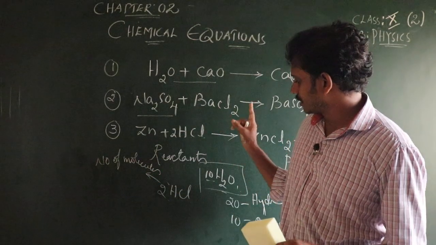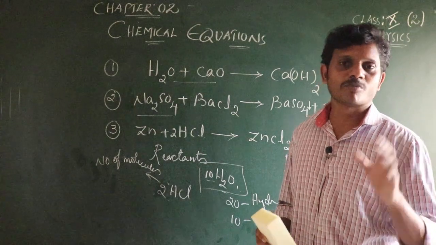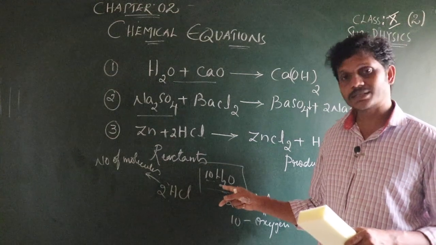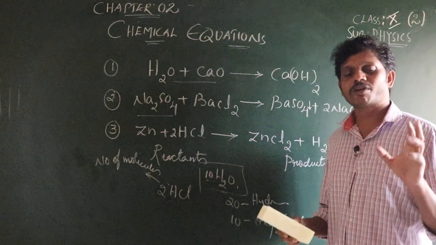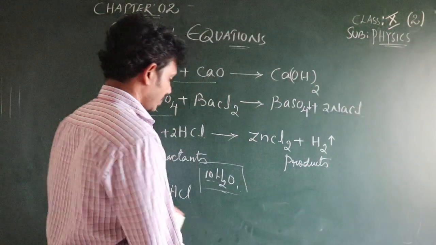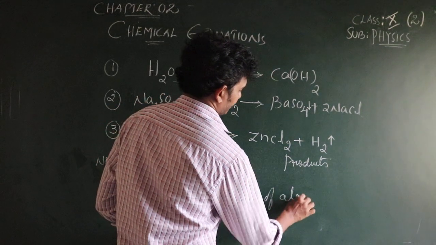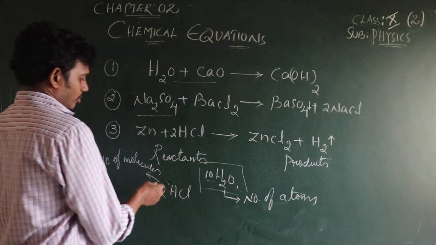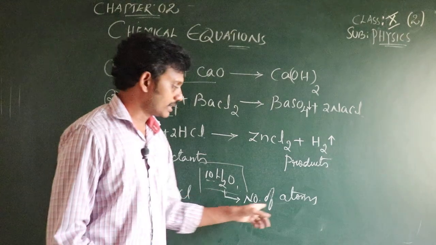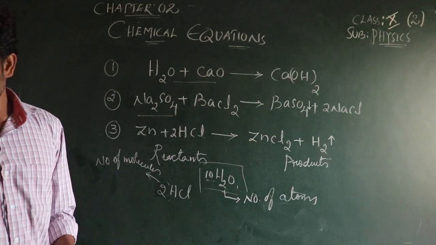So the number shown as a coefficient explains the number of molecules, and the number shown below as a subscript indicates the number of atoms. I'll show you here. This is for the number of atoms, and this explains the number of molecules. Coefficient, number of molecules; subscript, number of atoms. Keep that point in your mind, do not forget that. Now let's see